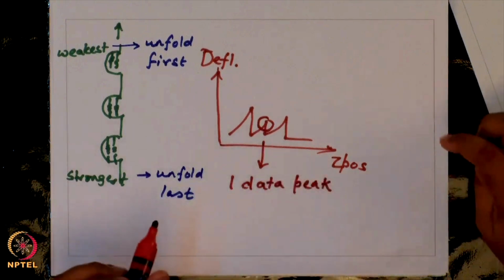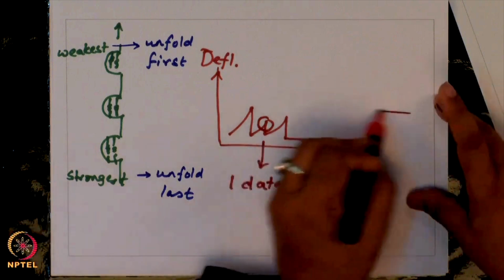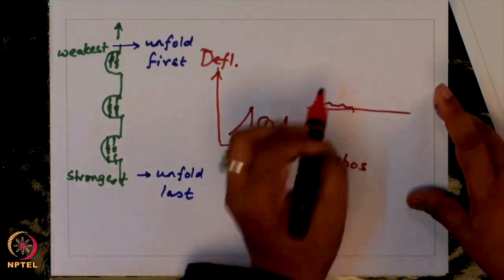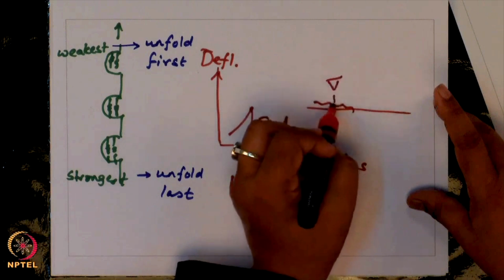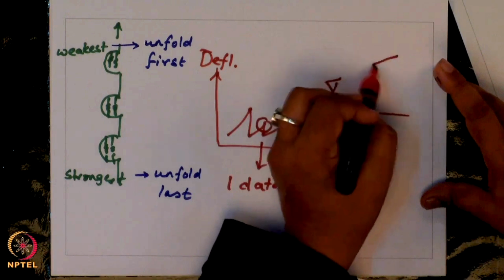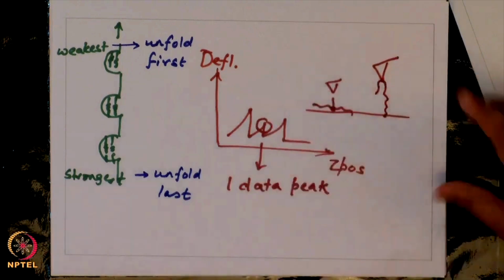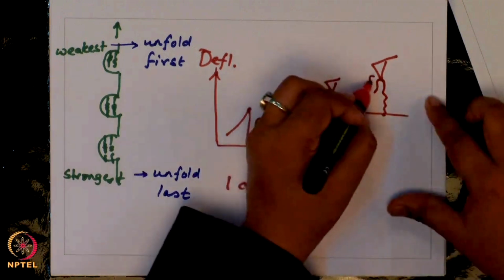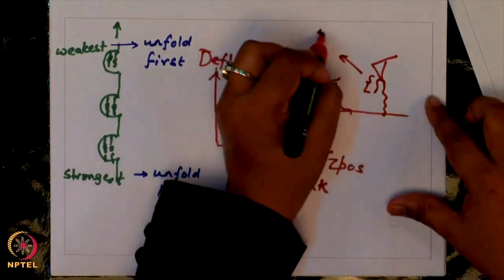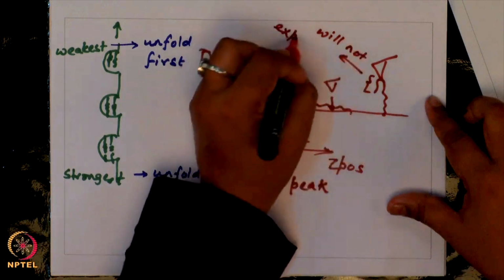Why is that? Because it is very much possible, if your protein is like this, that the tip actually gets in contact at some point in between. In that case, when the tip is pulling it up, your configuration will look something like this. So, this portion of the protein will not experience